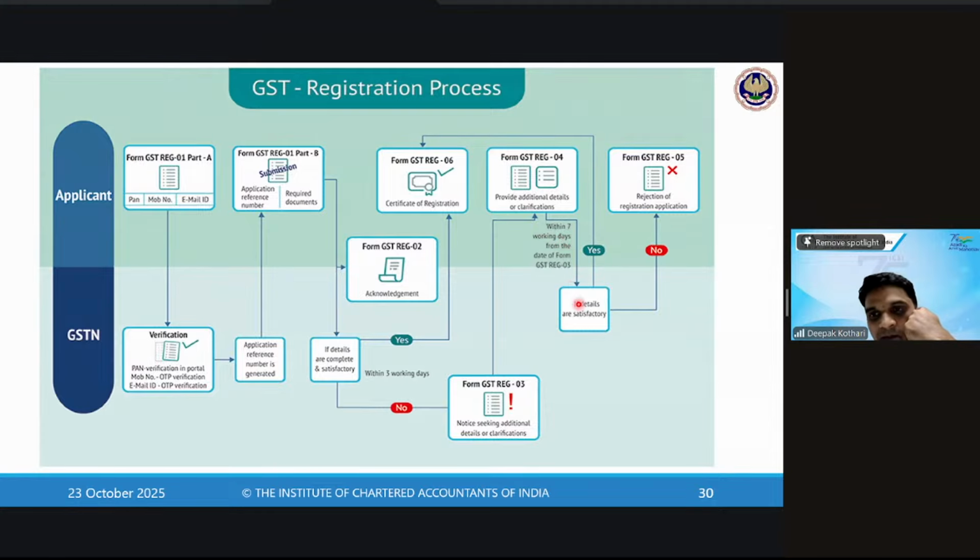If everything is fine, then you will come back to this. आपको REG6 में registration मिलेगा. If the officer is not satisfied, then he has to reject your application. ऐसा नहीं कि application submit करने पे automatic registration मिलेगा, नहीं. If he is not satisfied, he will reject it. Call it REG05, rejection of registration application. ठीक है, simple, but there are complications. Let's understand this: if I submit all the documents in REG01, then I will get REG06. If I don't get it, then the procedure of REG 3, 4, 5 will come.